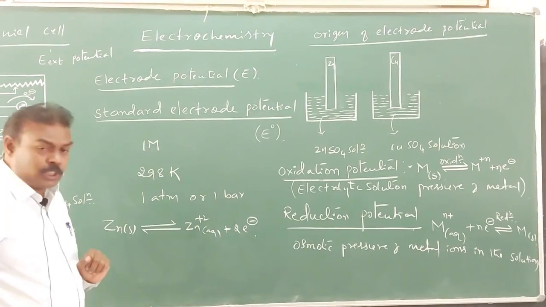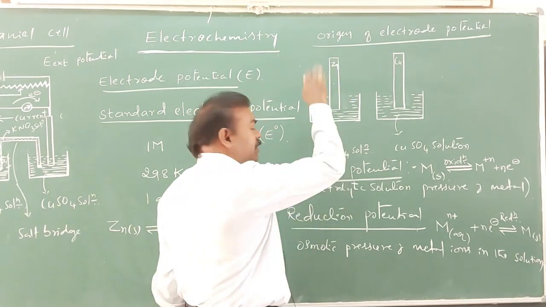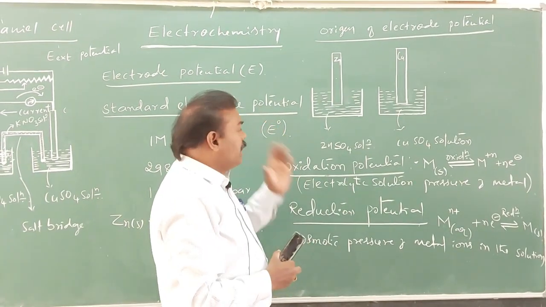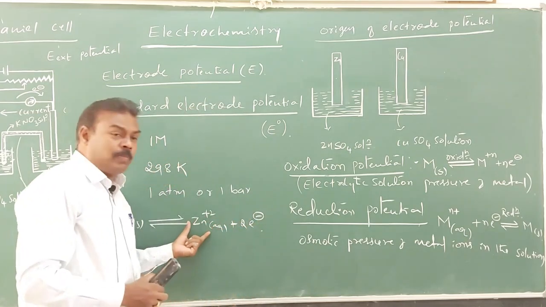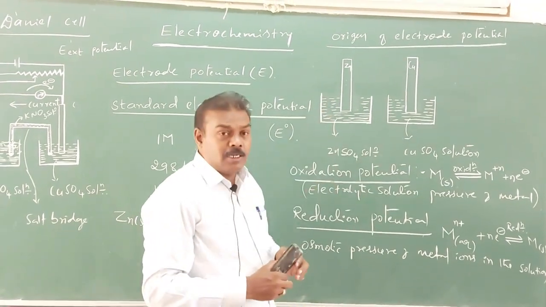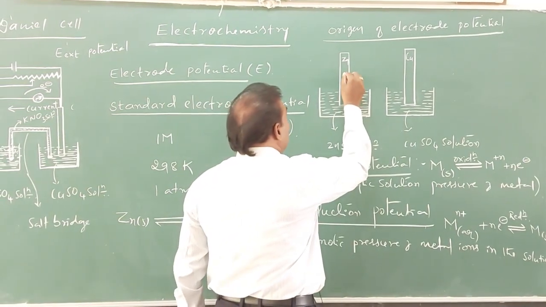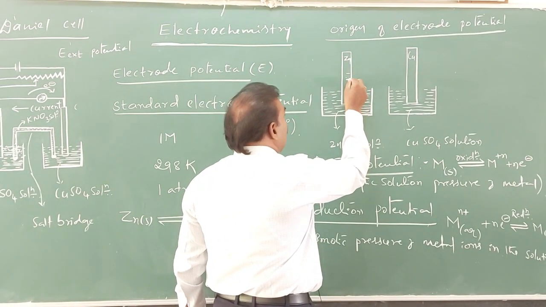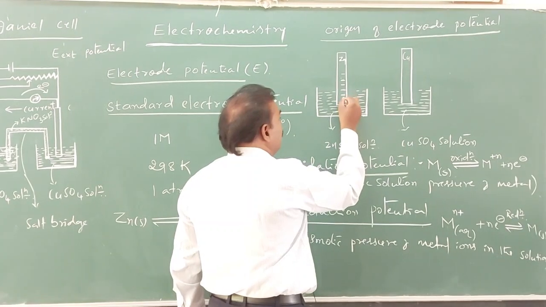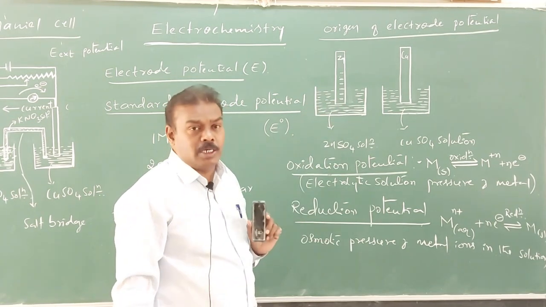Zinc, by undergoing oxidation, what happens? This is the zinc metal only. A large number of zinc atoms are present in it. Whenever the zinc loses electrons, the metal ions of the zinc, that is Zn+2 ions, enter into the solution, and electrons are deposited on the electrode. Therefore, this zinc electrode is surrounded by negative charge. This is about the negative charges developed on the surface of the zinc metal rod.